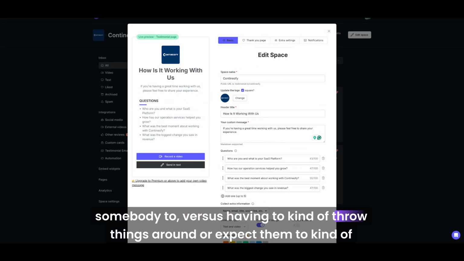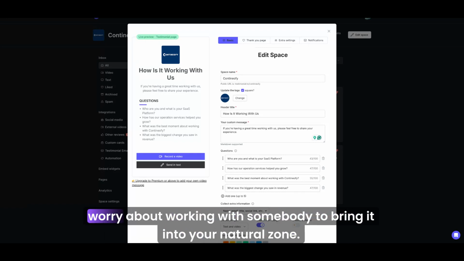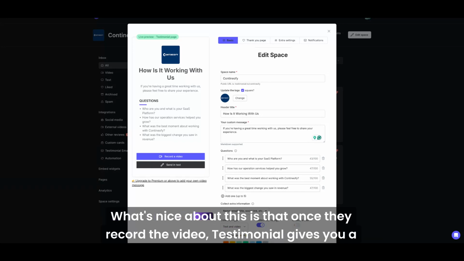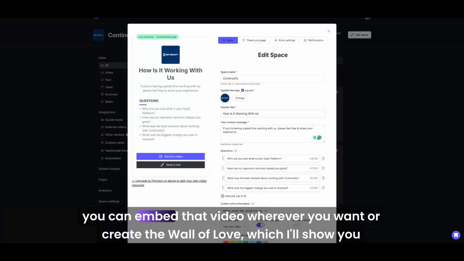versus having to throw things around or expect them to provide it however they create the video and then share it to you. And then you've got to worry about working with somebody to bring it into your natural zone. What's nice about this is that once they record the video, Testimonial gives you a very quick iframe that you can embed that video wherever you want, or create the wall of love, which I'll show you in a little